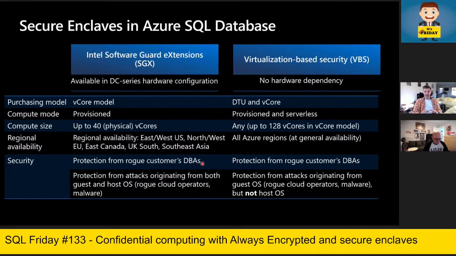Well, again, it comes to what information do you want to protect, and from whom? Do you want to protect it, right? If you're saying, well, I just need to protect it from malicious insiders, well, then you can actually go for VBS enclaves. The difference is that VBS enclaves do not protect you from attacks from the host OS. Perhaps bluntly said, but if you don't trust Microsoft in this case, then you should go for Intel SGX,